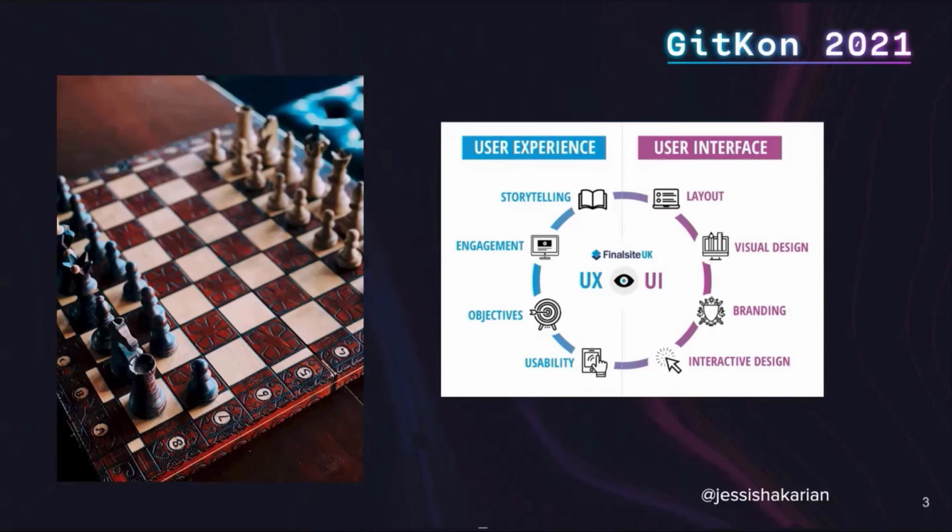These are the kind of thoughts that have been swirling around in my head for the last 7 months. It really just started small. It was chess and UX. And then it became, we can look at the design of the pieces. That became a central point of visual design, of branding aspects. And then it became,